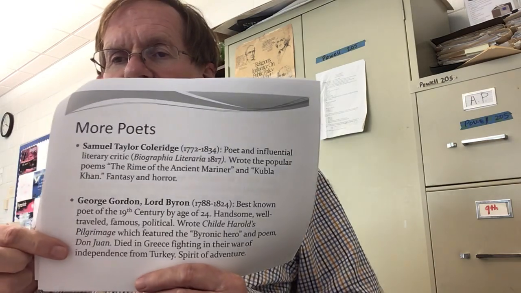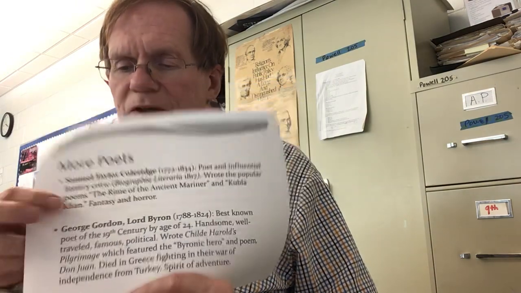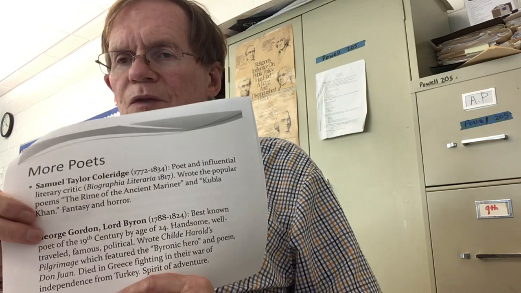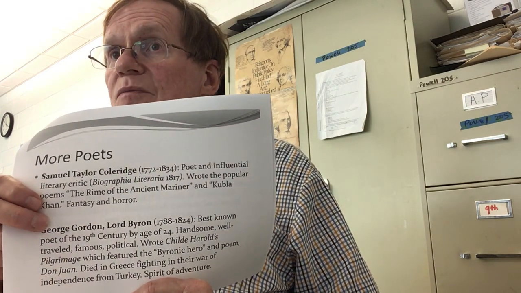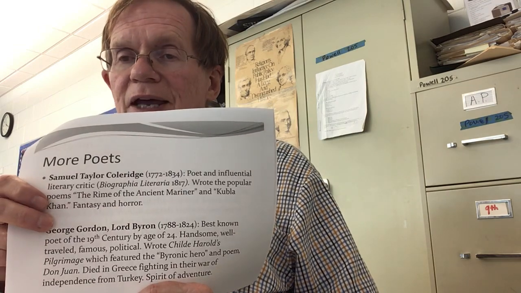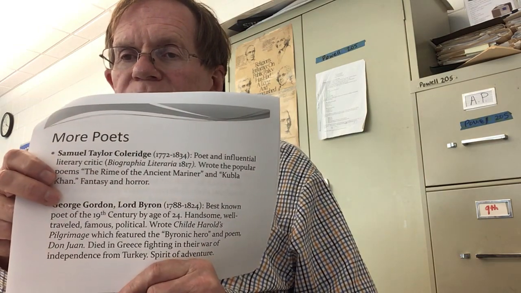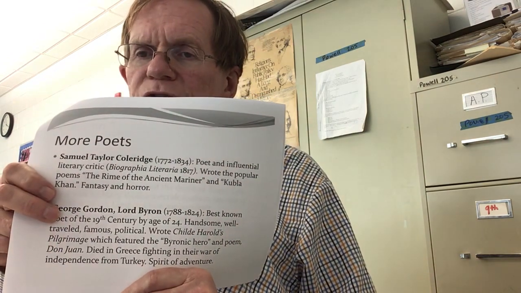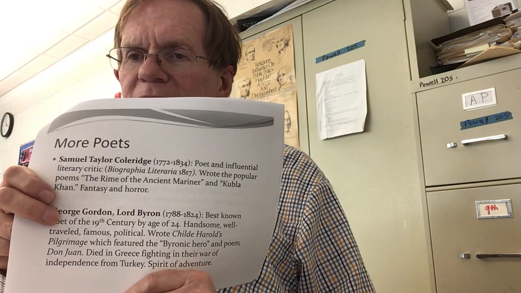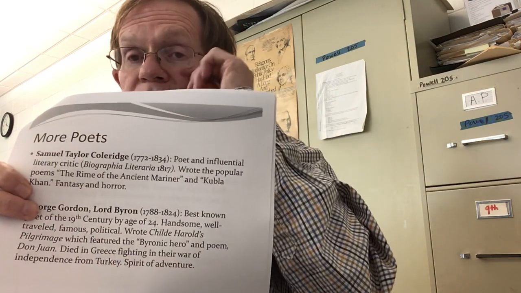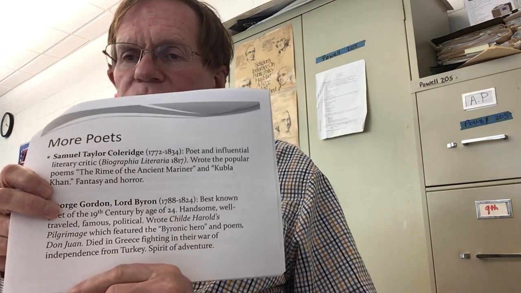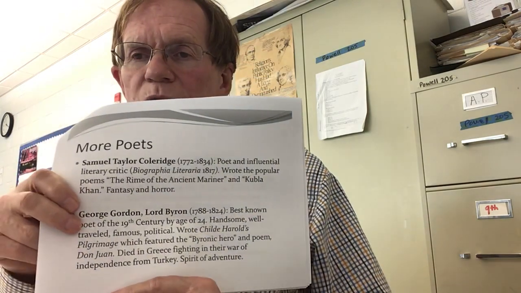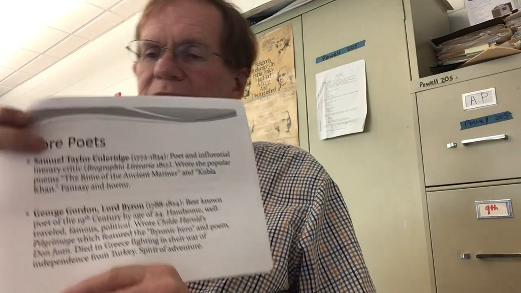The next three guys all were younger, and they died younger. Byron, who wrote "She Walks in Beauty" and the Sennacherib poem, is probably the best known of the three during his time period. He's also one of the ones who took social justice seriously and went to the country of Greece to fight in their war of independence against the Turks, and he died there.